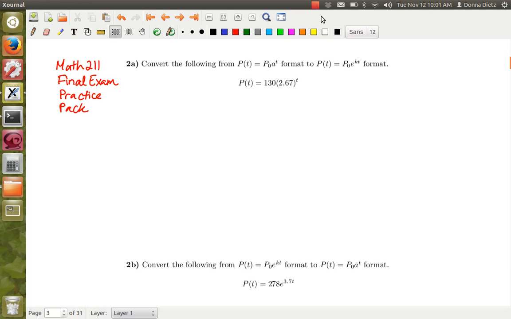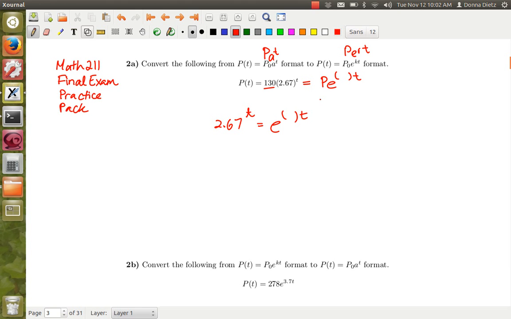So we want to convert the following from one format to the other. The first thing you should know is we called these in class Pert and Pat, just for short. The P in both cases is the same. So if we're converting from one to the other, this is Pat and we want Pert, so all we need to find is R. That's the only trick. So we have 2.67 to the t is equal to e to the power of something